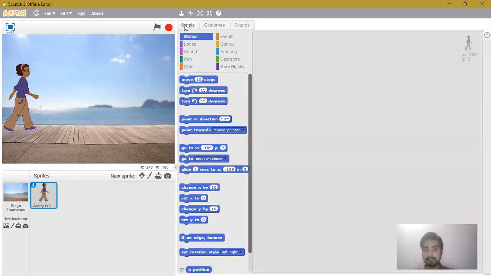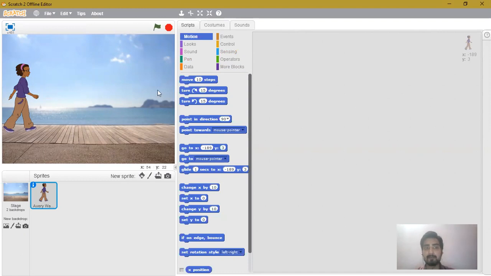Now how to create the script, let's see that. Well, let's recall that because we have already seen how to write scripts in standard 4. So let's recall it once. Now for moving the sprite, all the code blocks you will get in the motion category. There are a total of 10 different categories for creating scripts, in which the first one is motion, then looks, sound, pen, data, events, control, sensing, operators, more blocks.